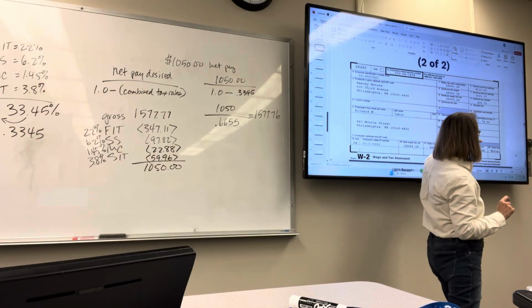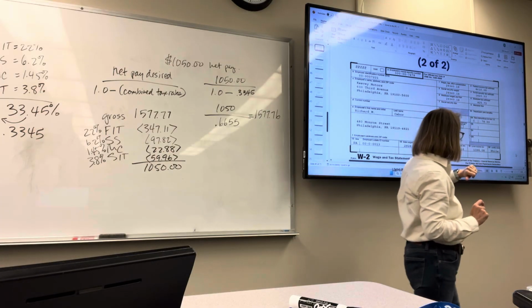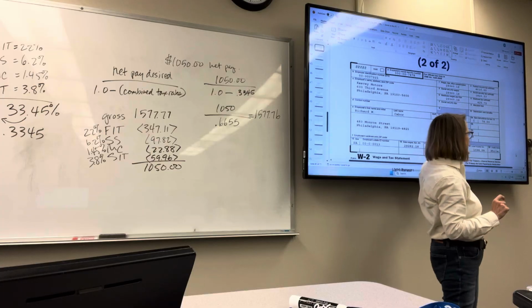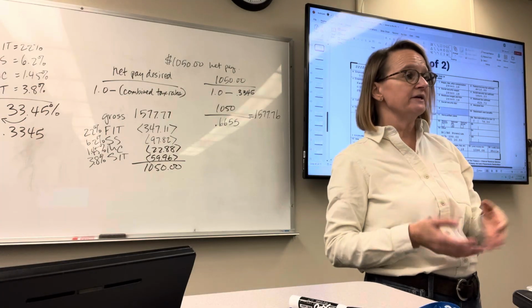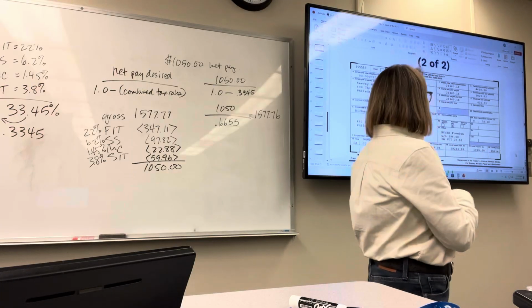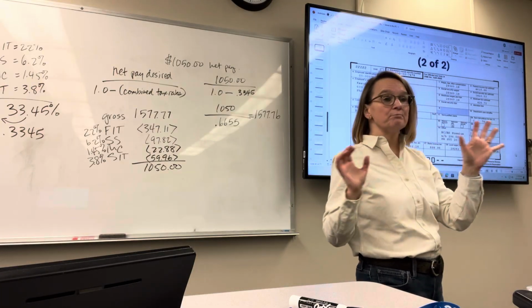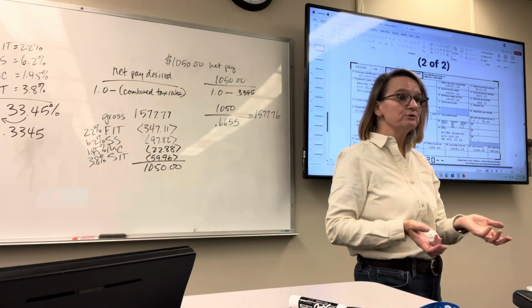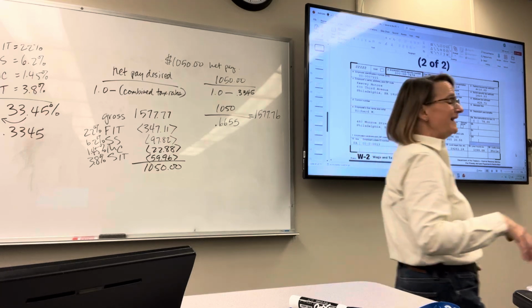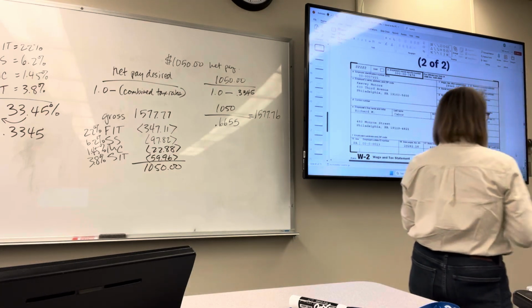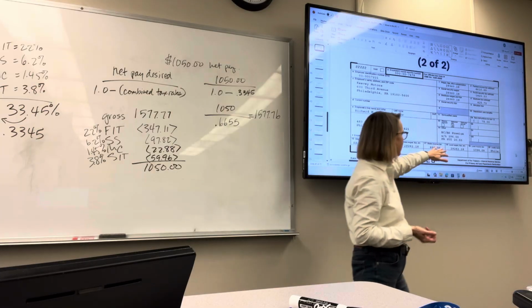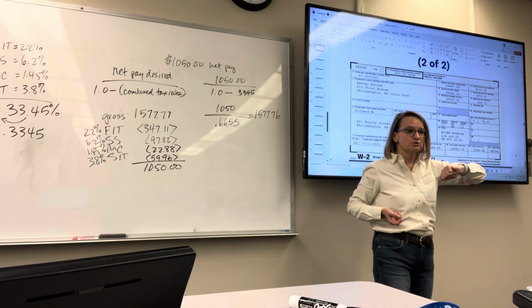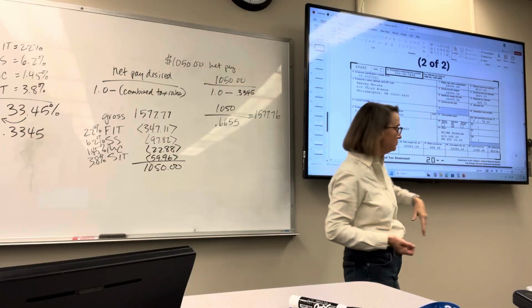So I'm not quite sure why in this example that wasn't listed with a code. And then this Pennsylvania SUI, so that's state unemployment insurance. In the state of Pennsylvania, you'll learn in the next chapter, employees have to contribute toward the unemployment insurance. In Iowa, that's not the case. Most states, that's not the case, but in this case, they're in Pennsylvania, so they have to contribute. They contributed $20.55 to the state unemployment insurance